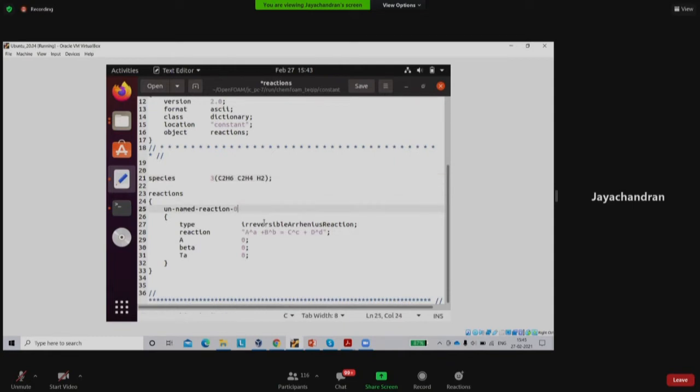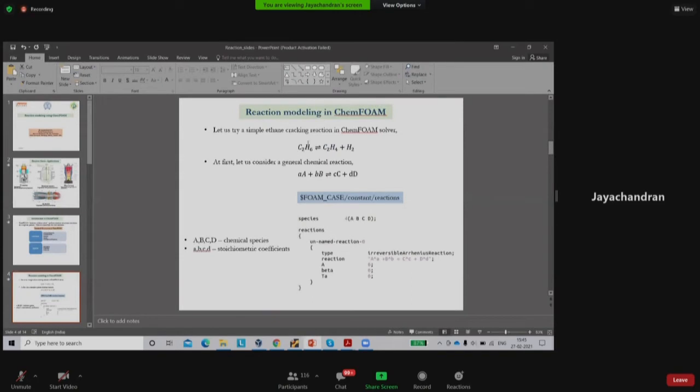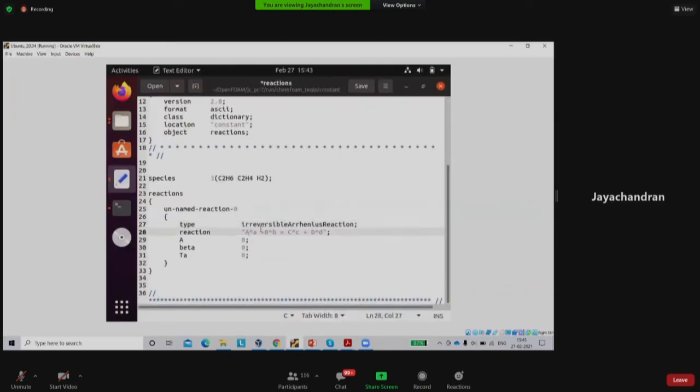Fine. So this type of reaction, I will explain in the coming slide. So coming to the reaction, how to write this particular reaction? C2H6 gives C2H4 plus H2. So in OpenFOAM form, we have to write